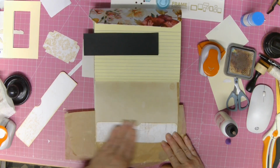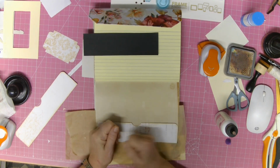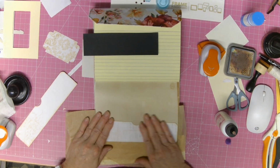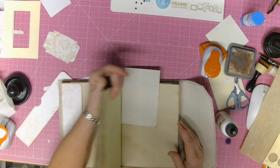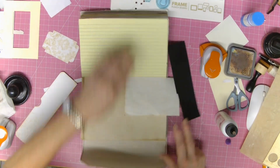So I've got one tuck in place. I think what I might start doing next time we bring Hope out is making ephemera, so that